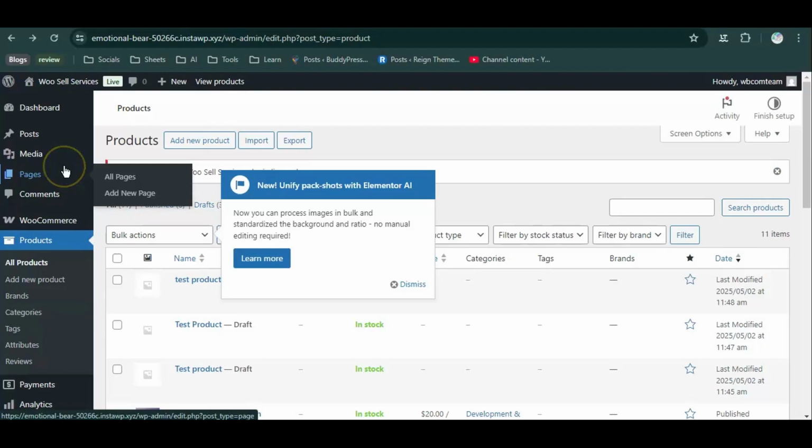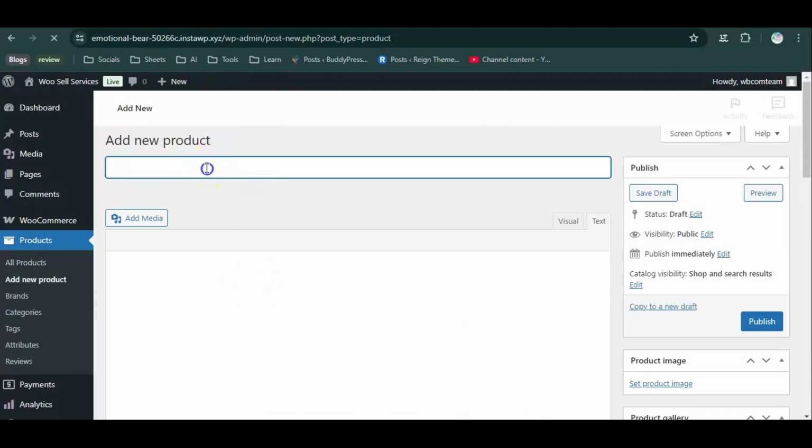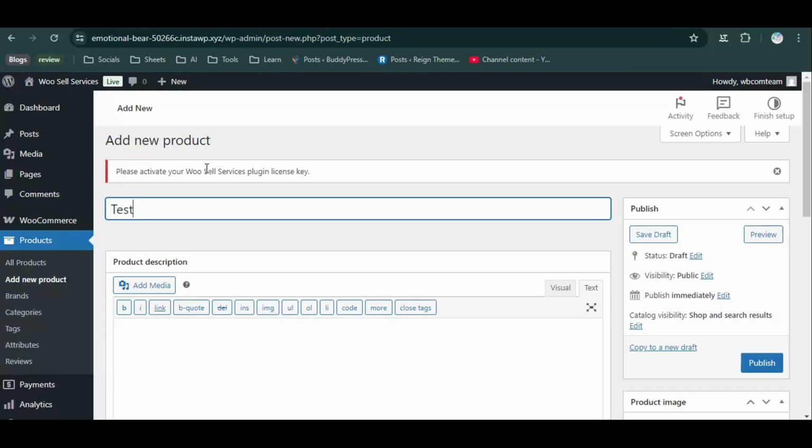You will go back to the dashboard, and under products you will have the option to import a new product, or we can create a new product. If you have the product in a file beforehand, you can import it. I will go to add new product. Here we can add the name of the product. Let's say we are providing a service to create a logo, so I will write logo maker,